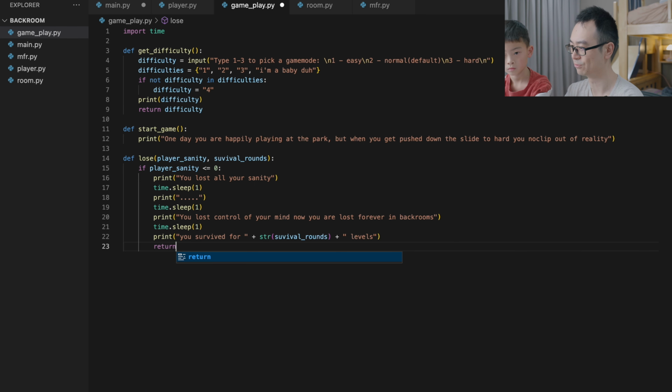We wanted the main loop to know whether the player has lost or not. But there's no such thing as lost or not. So something is yes or no. What do we use? What do we use to say something is yes or no? True and false. Okay. So here you can say,